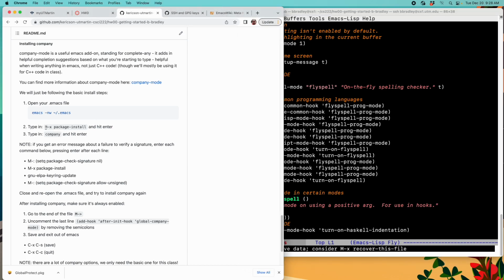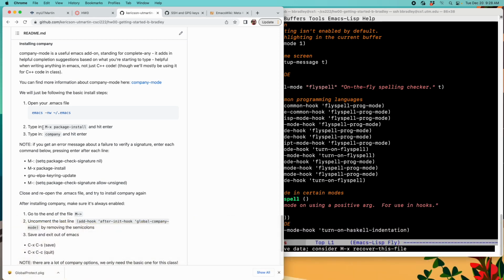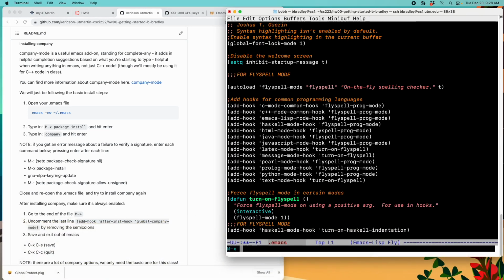This is the meta key. And on Windows, that is the Alt key. And on Mac, it should be the Option key, but you have to do some setup to get that working. So I had to waste 20 minutes and found out it should be the Escape key. So we'll do Escape X. There it is. So that says M-x down here, and now we type in package install and press enter,